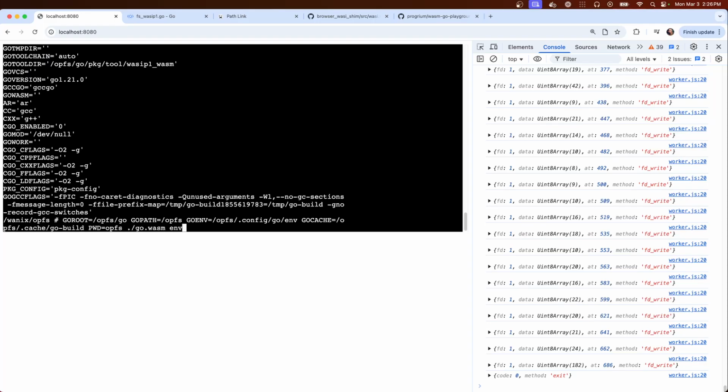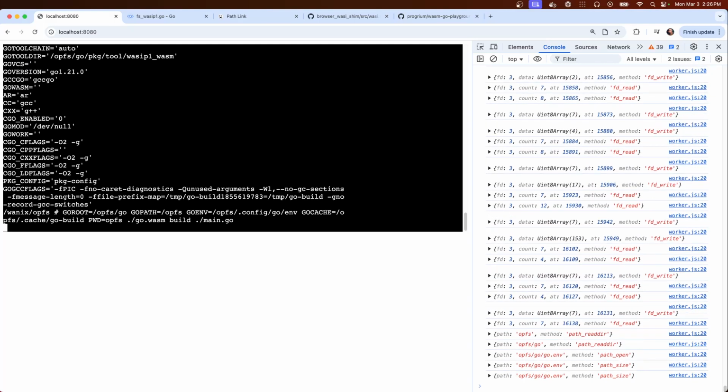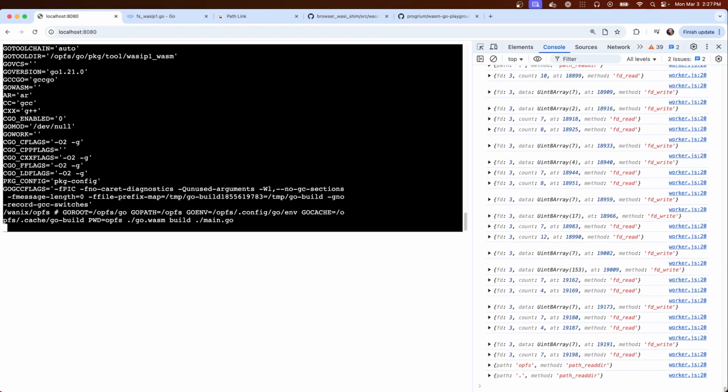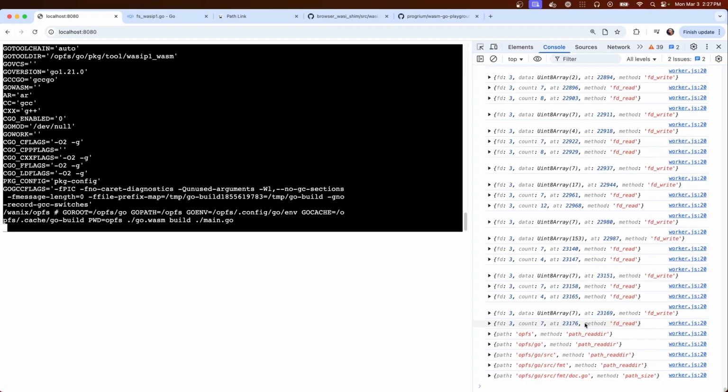So there's a little main.go, so we can try now to build main.go, and we can basically see what else is broken. And at least for debugging, the fact that it's slow is kind of nice. You can watch what it's doing over here.